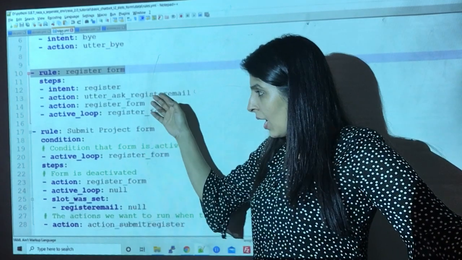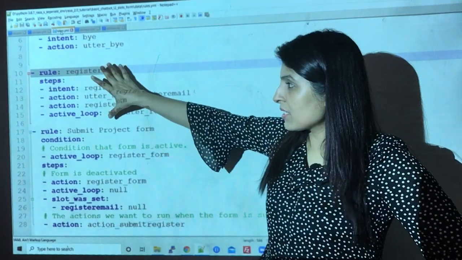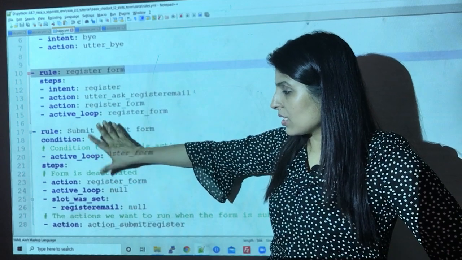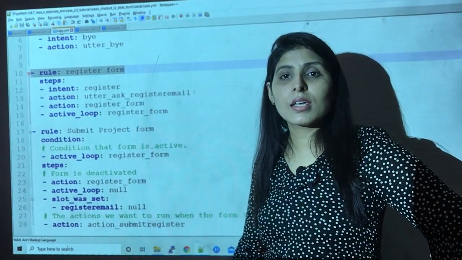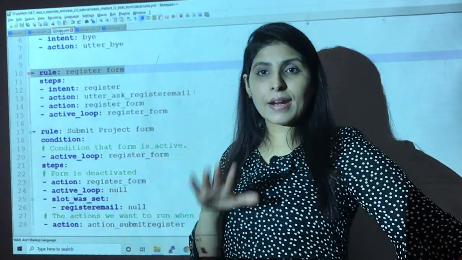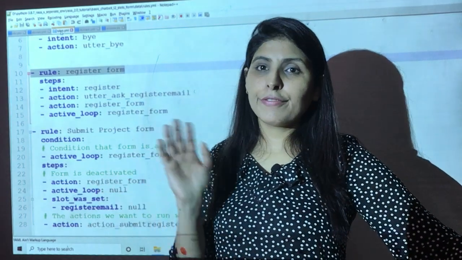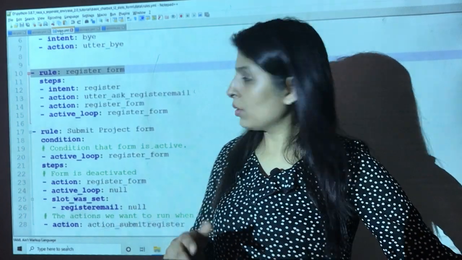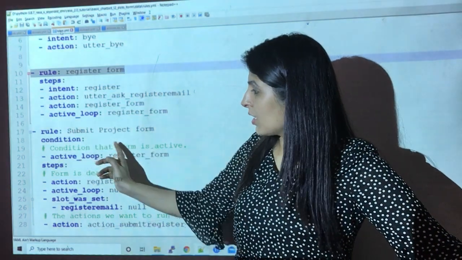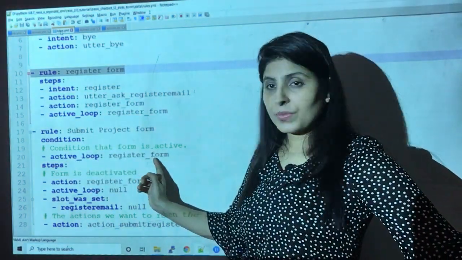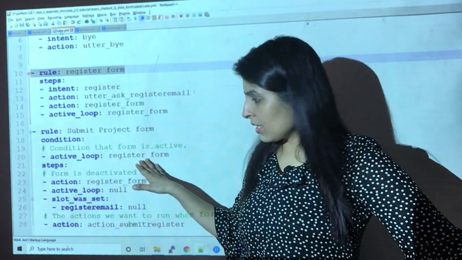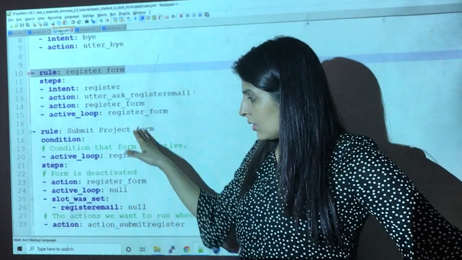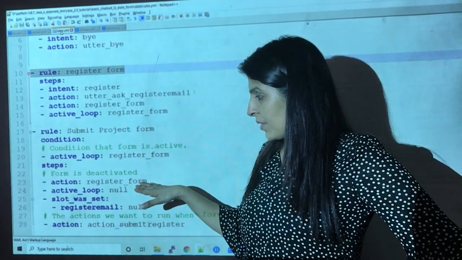Okay, and now we want to submit the form. This is what you did. Now this is the second step. This second step is about to deactivate your form, then free the slots and then submit the value. Okay, so this is what we are doing. Condition: active_loop. If the form is active, then perform these steps. Register form,